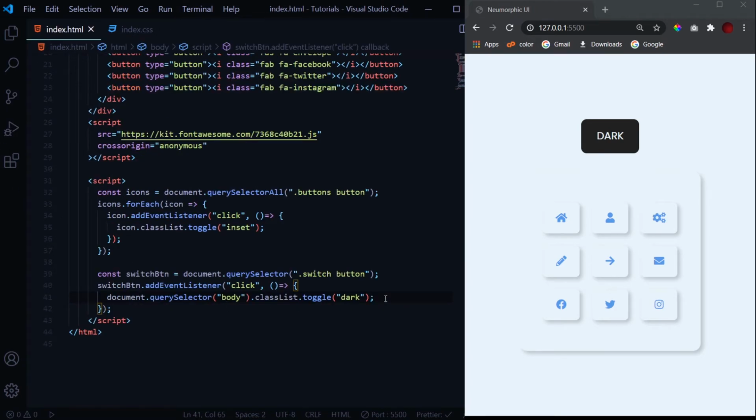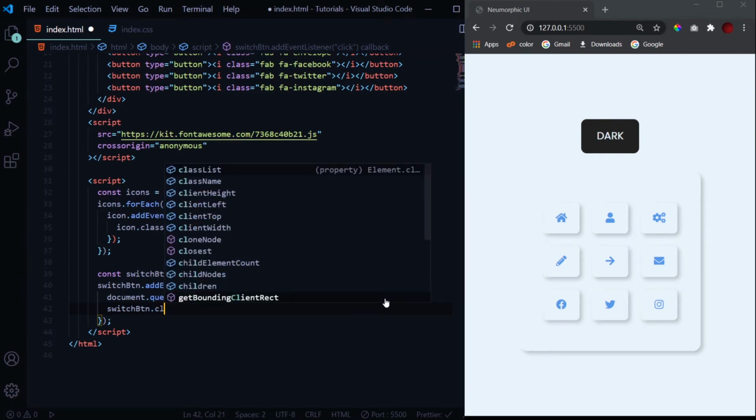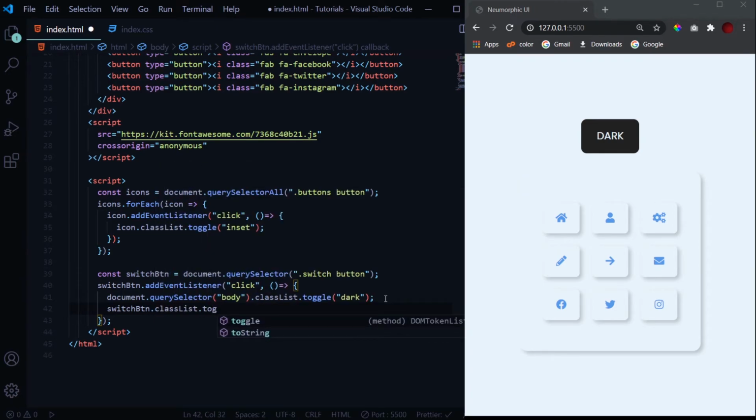Now we need to change everything. So here, for the switch button, we also need to change its background. We will toggle a class of dark on it as well. And on clicking, we need to change the text from dark to light.